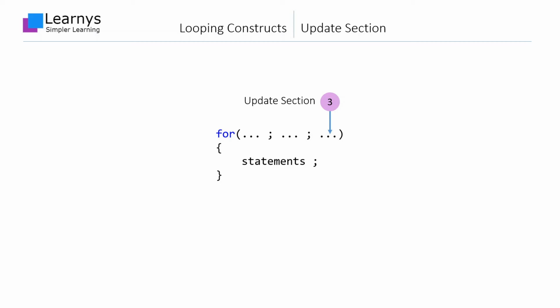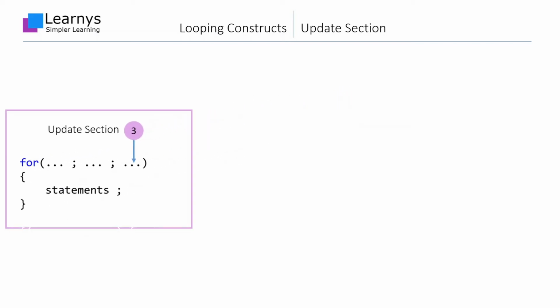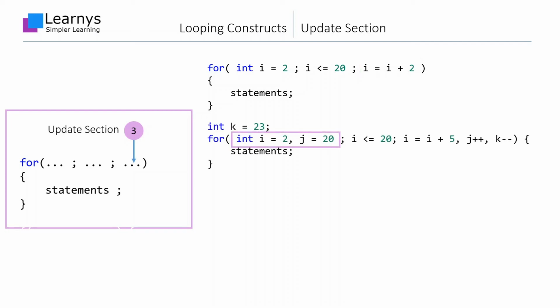We have seen that the initializer section is used to create and initialize variables that may be used during the loop execution. The third section most commonly contains expressions which will update the values of such variables based upon some logic. The initializer section of this code sample declares a loop variable i and initializes it with 2. The expression in the update section increments the value of i by 5. This section can contain multiple expressions separated by commas.